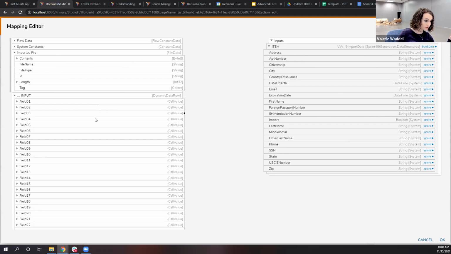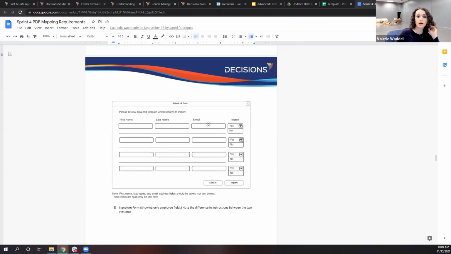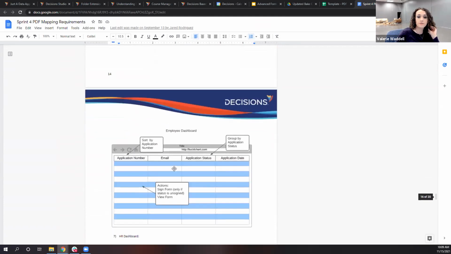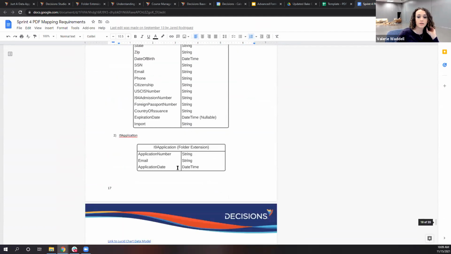Here we go. So here I have field 1, field 2, field 3, because of course Decisions doesn't know, it's not reading those headers on the CSV. I haven't given it a CSV yet. It just knows, hey, CSVs have columns. Each of these, field 1, field 2, are columns. For each row, it's going to create our data member in our data structure. So I'm looking at the value for column 1, the value for column 2, and I'm going to match that up with the CSV file that we have here in